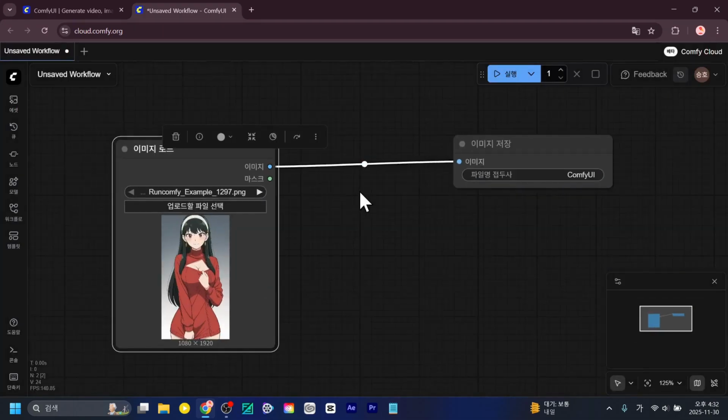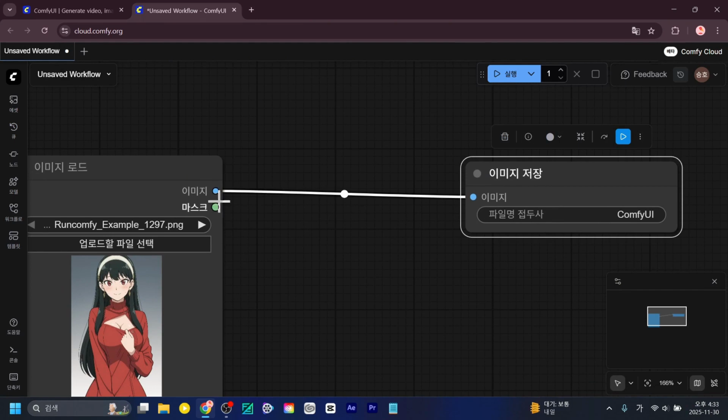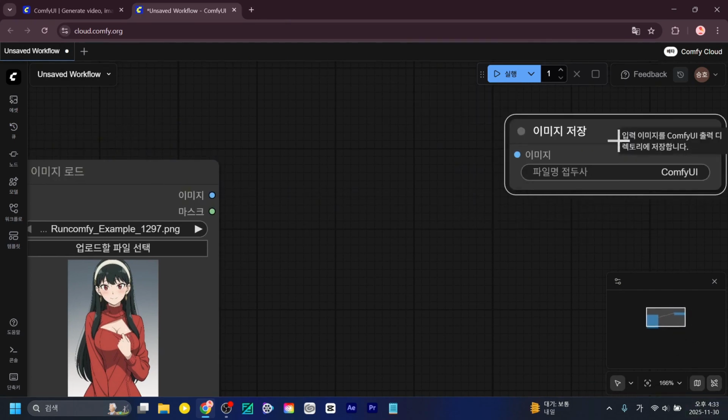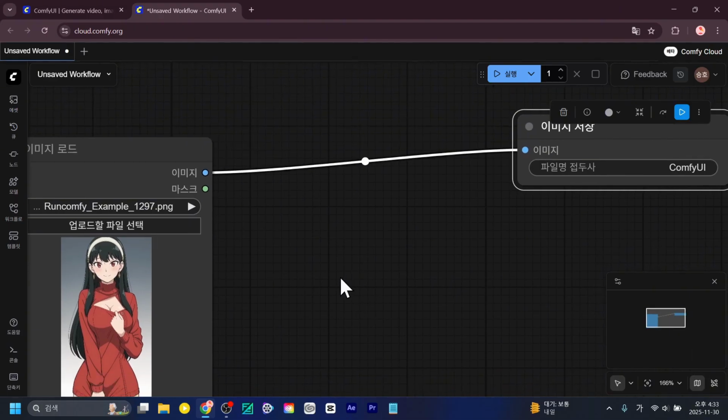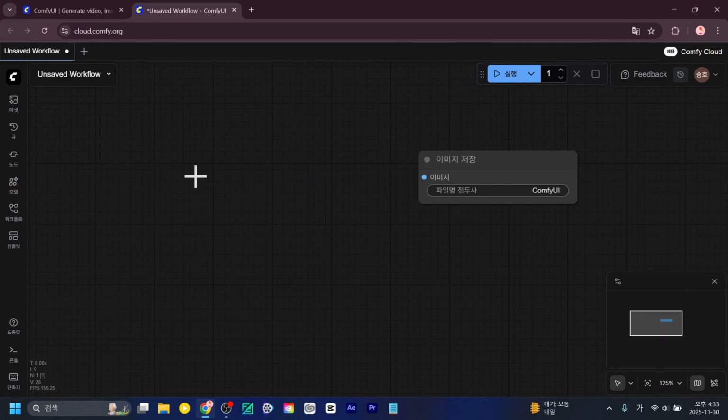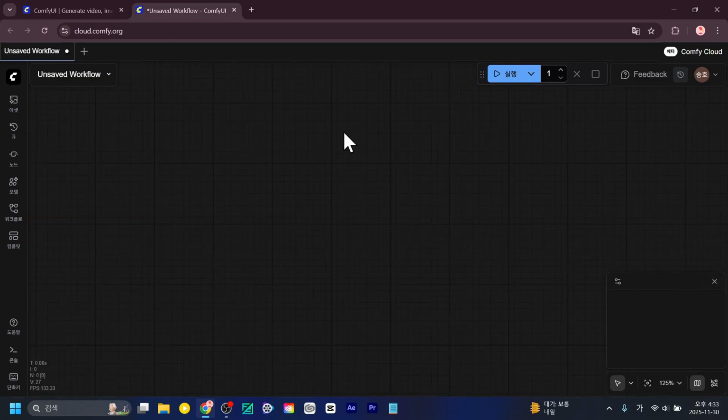If you look here, this is what's called a link, and these dots here are called slots, and you can hide these slots. So even though it looks like they're not connected, they actually are. As things get more complex, you can adjust these kinds of settings. You can delete things and you can zoom in like this. You can also keep the minimap turned on if you want.